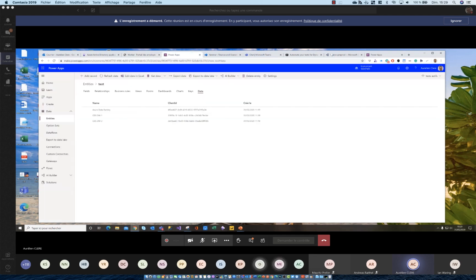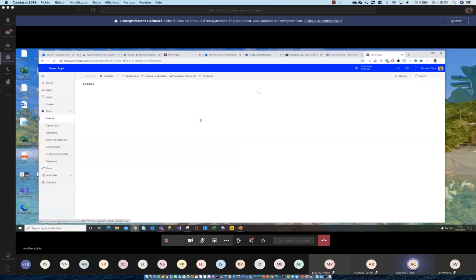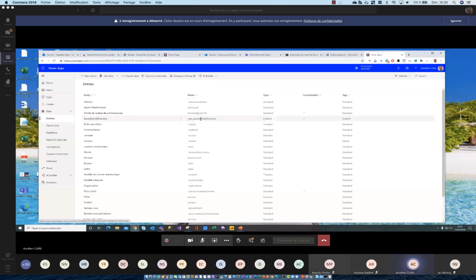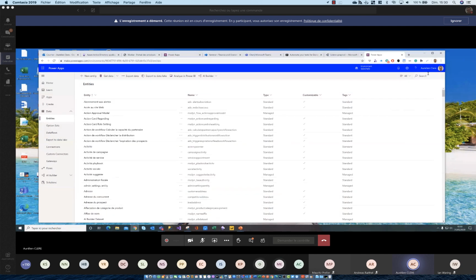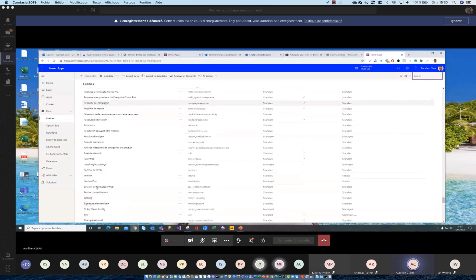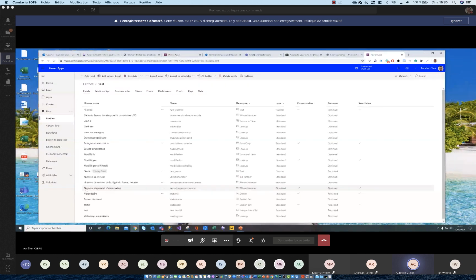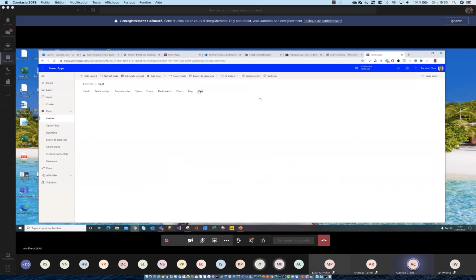So if I go to my Power App CDS, in CDS I have created a new entity, the same as that entity in finance operation. This is my custom CDS entity, the same as my finance operation one.